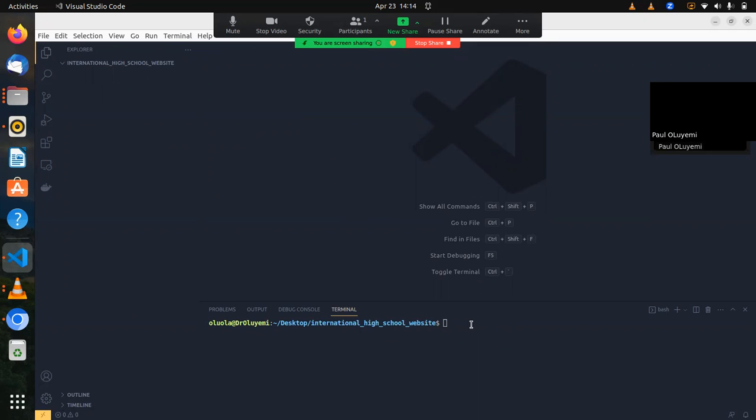All right, so the first thing is to create my virtual environment. That would be Python. So for the Windows user, just use python. For the Linux user, use python3. All right, so I'm using Linux, so I'm going to use python3